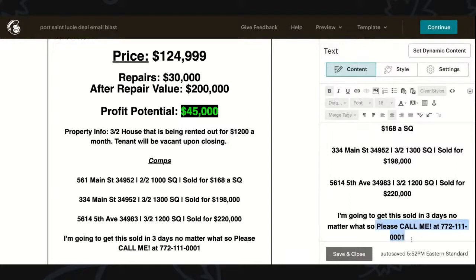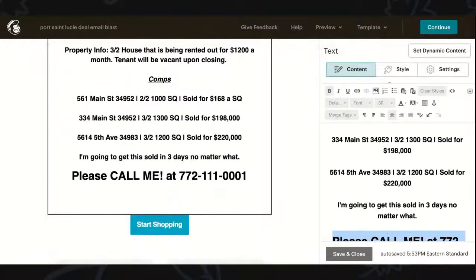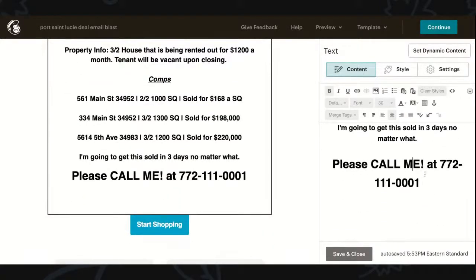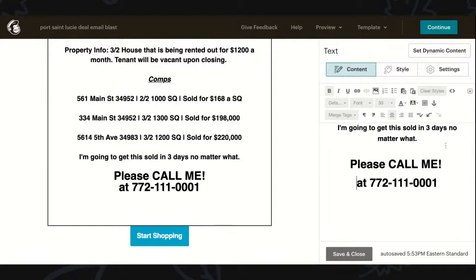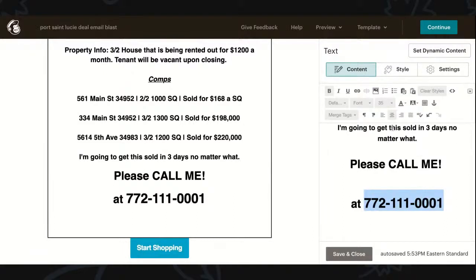And then what we're going to do is just make this one bigger. Let's make that one 30. And then we're just going to put this one at the bottom. And what we're going to do here is just make this one a little bigger. That creates the urgency. Actually, this one should be the biggest one of them all because you want them to call you, right? That's kind of the point.